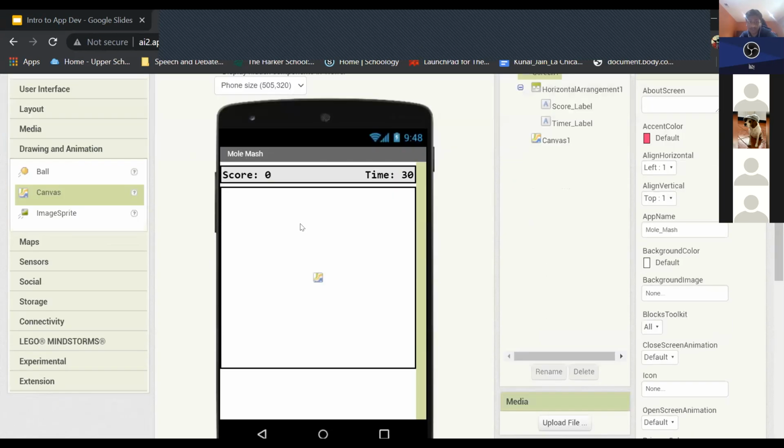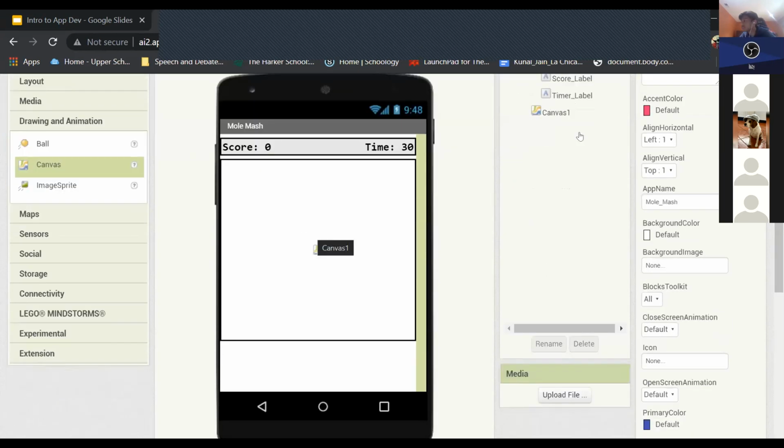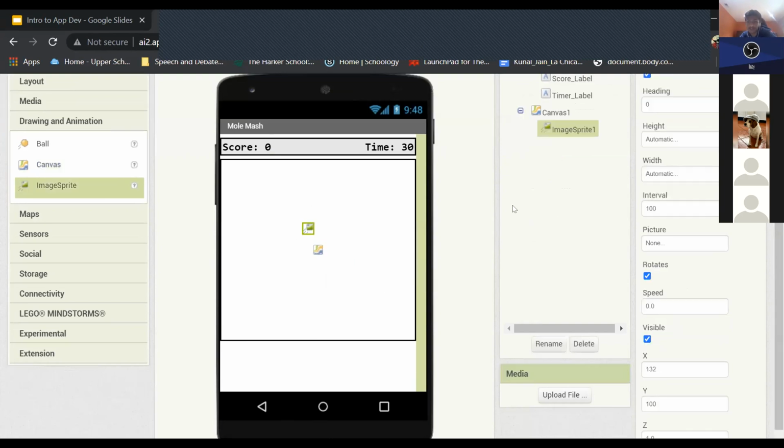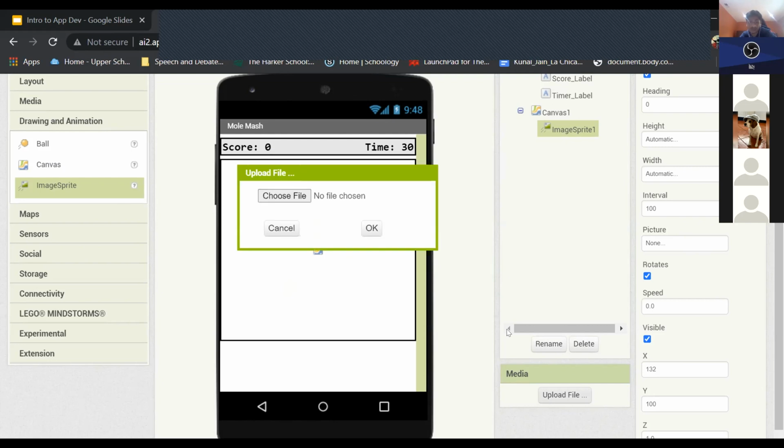So we have this canvas, but it's very mole-less right now. So we're just going to drag in an image sprite. And basically, again, very similar to if you've worked with Scratch, the way sprites work in Scratch, it's very similar here. It's just a thing that can do stuff inside of the canvas. And you're going to want to actually upload. So the way you're going to add the image of a mole in is that you're going to use this media thing down here. So if you upload